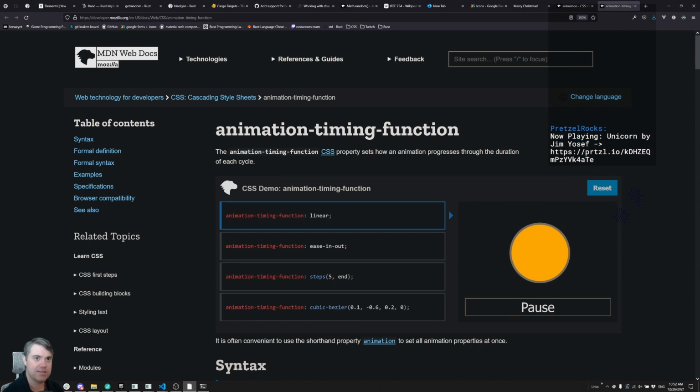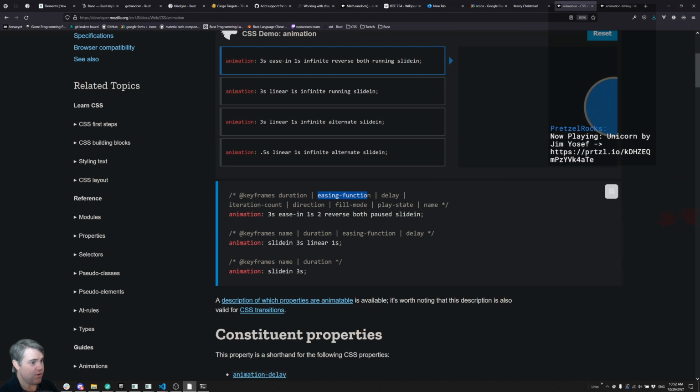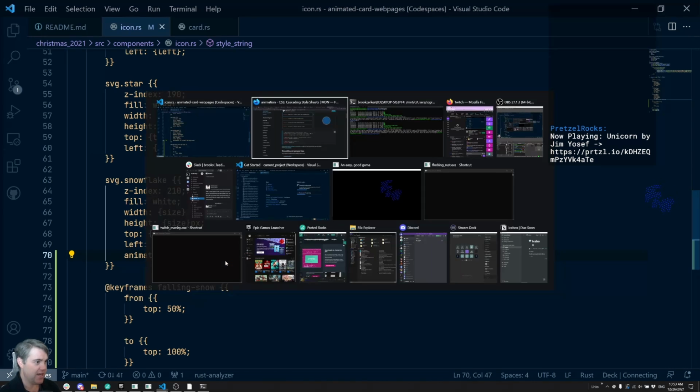Okay, what's next? The delay, I don't know if we need a delay at all, so I'm going to skip that one. Iteration count, let's skip that one for right now, but I think we can say infinite at some point in time. Direction, I think by default it goes in one direction, like the normal direction. Fill mode, don't know about that. Play state, play, and then the name. So, and the name is gonna be falling snow. I think if we do that,